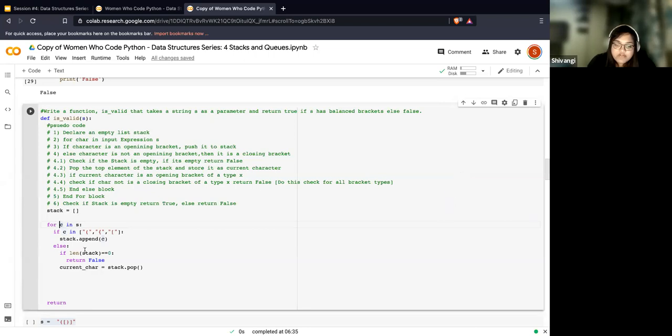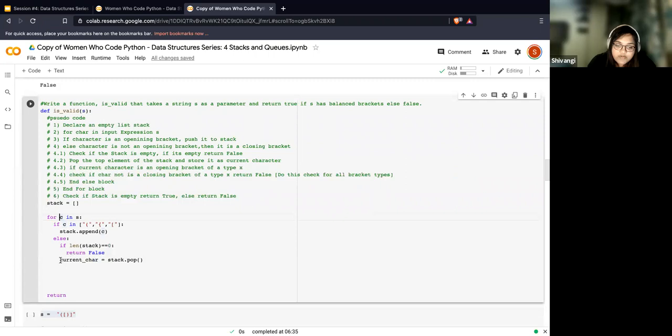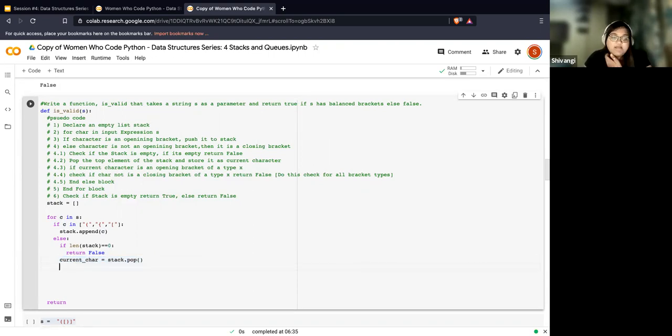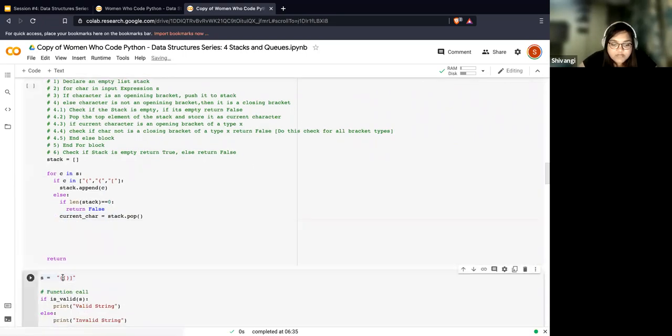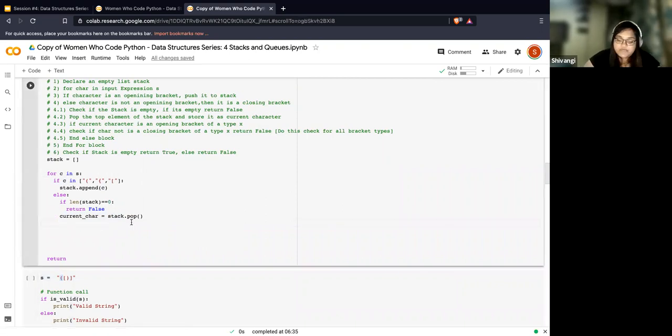Does anyone want to give this a shot? What do you think is going to be the output of this statement here? Cool. So the output is going to be the opening bracket, and in this particular example, it's going to be the opening round bracket. Cool. So everyone's understood that.